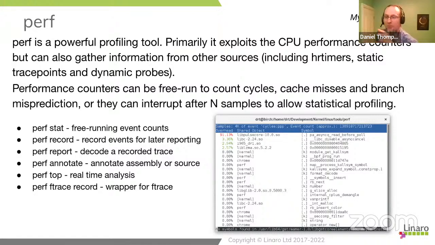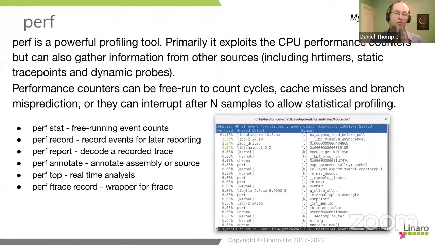On the terminal on the right, we're looking at a simple flat profile of the system where we're running something called perf top, which gives you a dynamic view of the hottest functions on the system at the moment. In this case, it's brought out PulseAudio because I believe this was running some kind of audio use case at the time, and because idle is not shown here. That value would not show as high on the trace if we showed idle. This system was actually nearly idle, and all it's really doing is servicing Pulse.